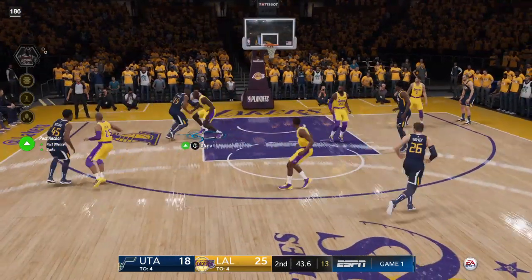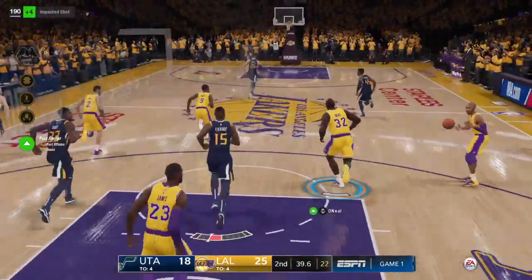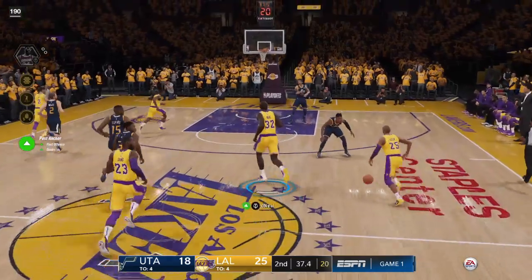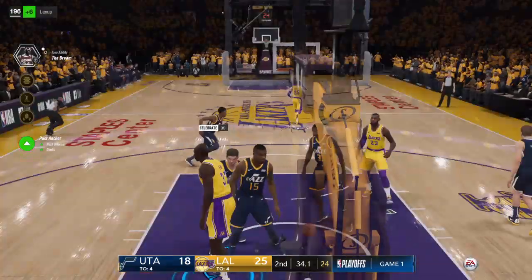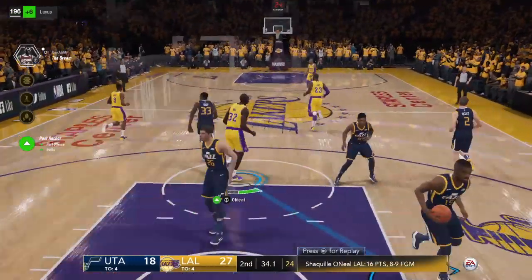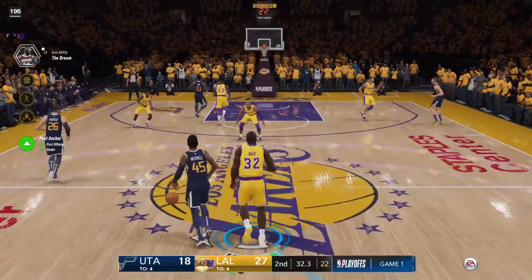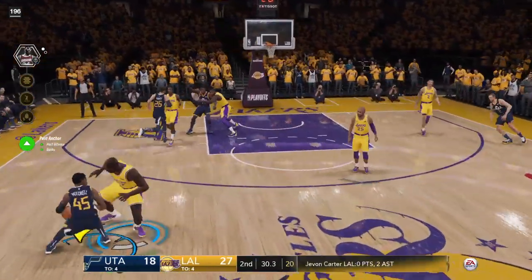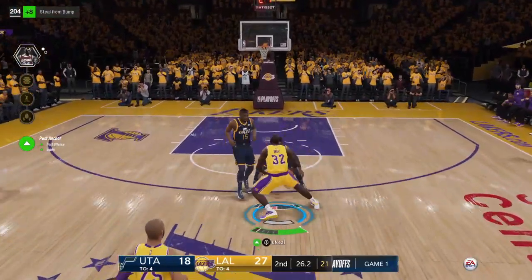To Favors. It was right there. Tough make through traffic. Showing you why he belongs here in this league with the best of the best. Efficient scoring out of the rookie here tonight. Mitchell with it up top. 9-point margin. Los Angeles, they have